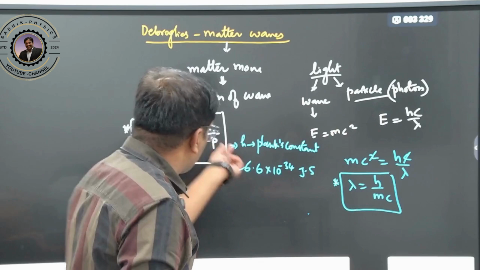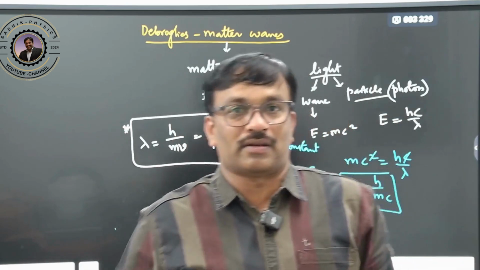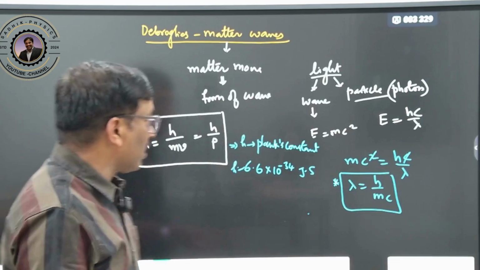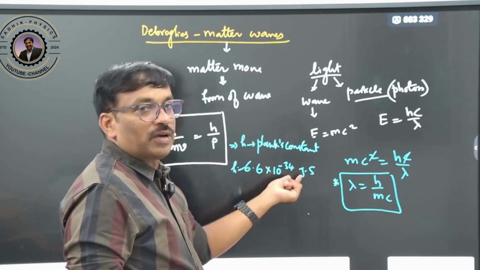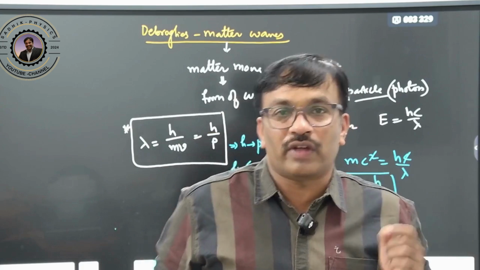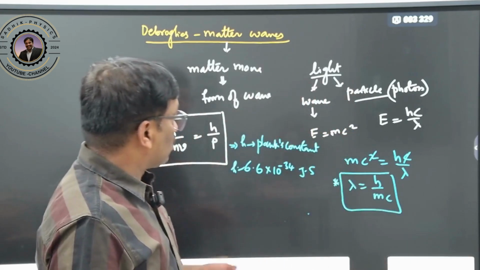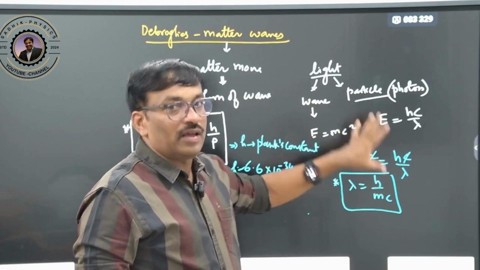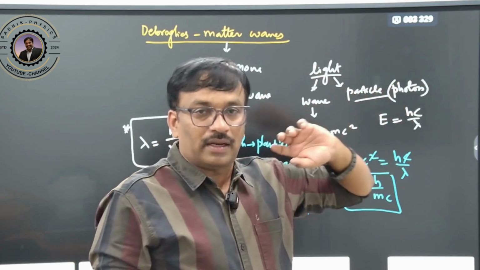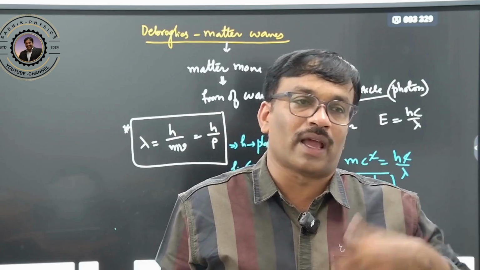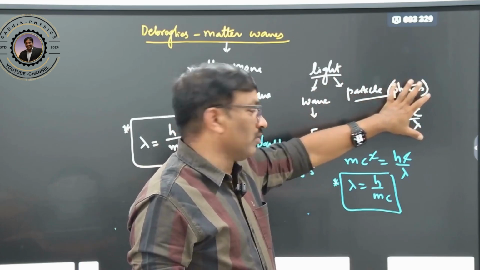So 10 to the power of minus 34 in the numerator is already small. If the denominator is larger, it will give a still smaller value. You are understanding? So even with a small momentum, since the h value is very small, the wavelength will be very minute, so you cannot visualize it. That's why the de Broglie wavelength is associated with very low mass particles like photons and electrons only. Even a proton has slightly higher mass, so it cannot be visualized. Only at the electron and photon level can we see it.